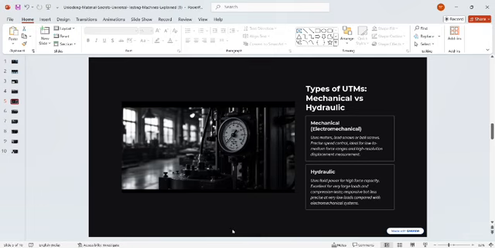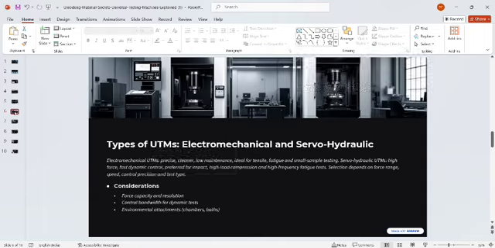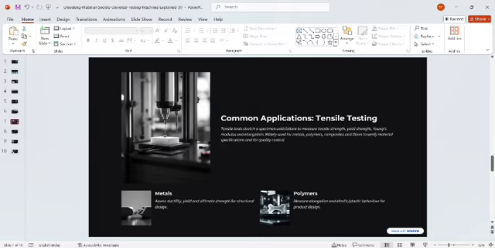Next are the types of UTMs. We have seen mechanical and hydraulic UTMs, and there are a few more like single column UTMs and dual column UTMs. Next are the considerations we need to maintain to choose which UTM we need. Next are the applications, like tensile testing, in which we stretch the material specimen to failure, by which we measure the tensile strength, yield strength, Young's modulus and elongation etc. in materials like